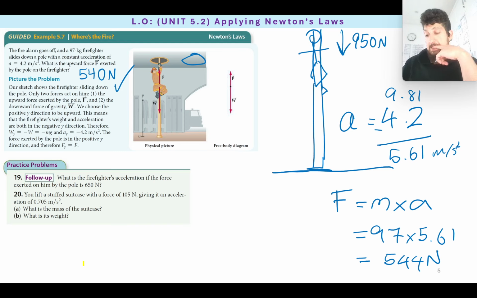Okay? I hope that makes sense. If it doesn't, go back, pause the video, go back, try and understand it. Just remember, if the firefighter was falling, then they would be falling here on Earth. They would be falling at 9.81. So the fact that they are going down at 4.2 instead means that the pole is slowing them down. How much is it slowing them down? Well, it's 9.81 minus the 4.2. Okay,